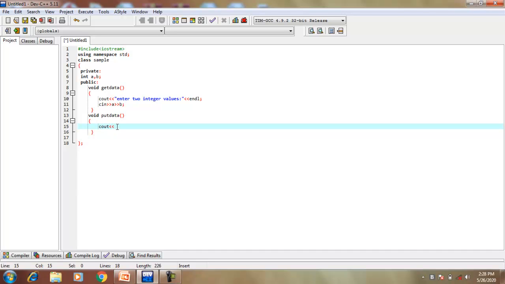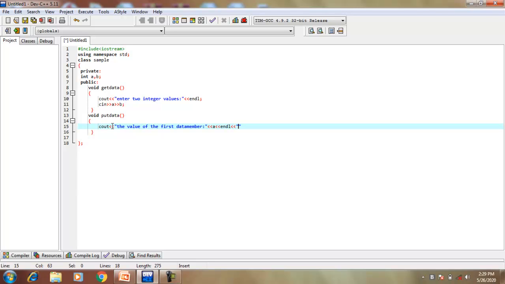So cout, then the insertion operator, then within the double quotation marks the text for the first data member, then the name of the data member, then here I am using endl.